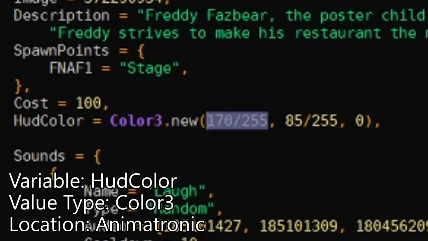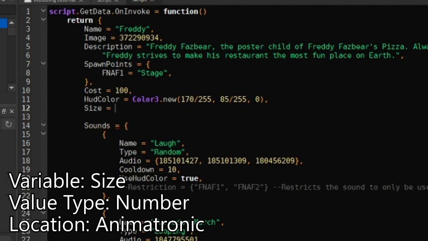So if I wanted pure red, I would put 1 in the red slot and 0 in the other slots. Size is a variable that will scale up the player depending on the value. A size of 2 will double the player's size, a size of 0.5 will halve it. It's important to note that when using this with morphs, you will need to scale up the morph